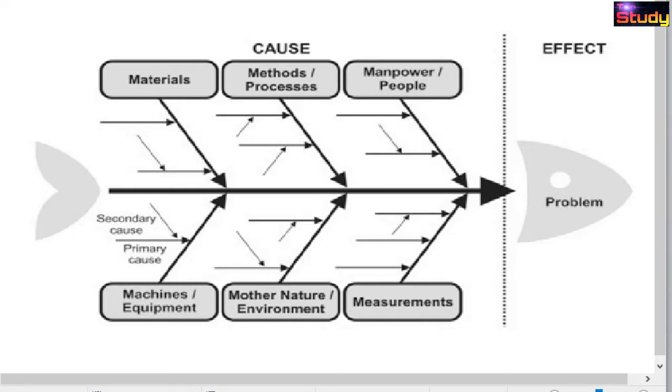So cause and effect analysis, or fishbone diagram, is a technique for identifying all possible causes associated with a particular problem or effect. Now, cause and effect analysis helps to categorize all possible causes of a specific problem and identify the reason for a process not working out. Cause and effect analysis is known as the Ishikawa diagram or fishbone diagram.